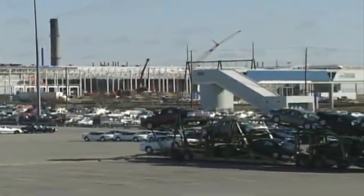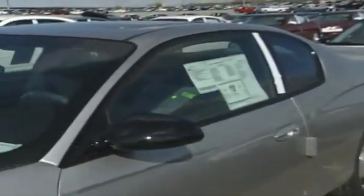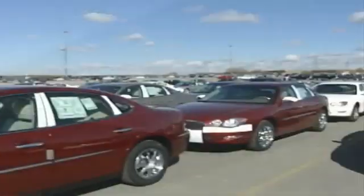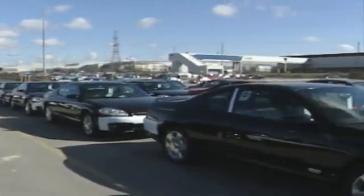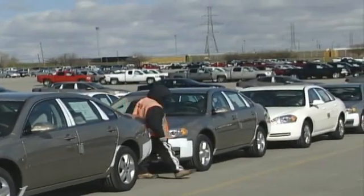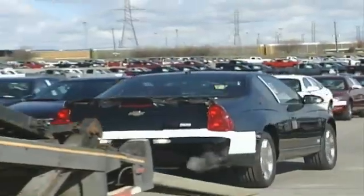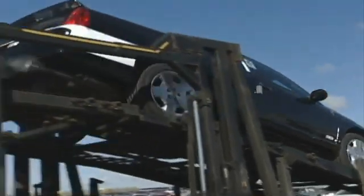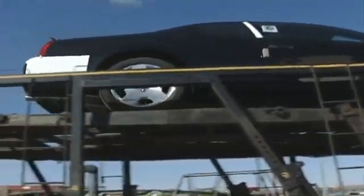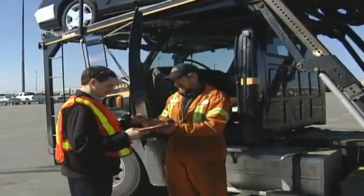Vehicles that require accessories installed at our plant are identified by the OEM with a Hold for Decoma document. These vehicles are placed in a specific area in the holding yard. Each vehicle is inspected by the truck driver and released to the carrier company. The vehicles are then loaded onto a truck to be shuttled to SVE Decoma. The transport company assumes full responsibility for the vehicle while it is being shipped to and from the SVE Decoma